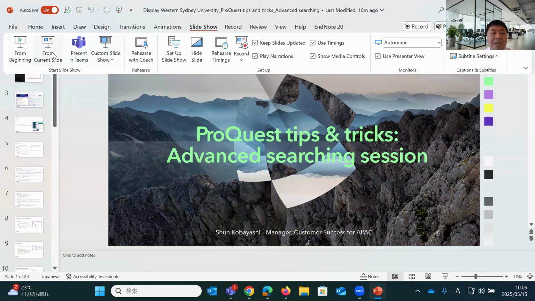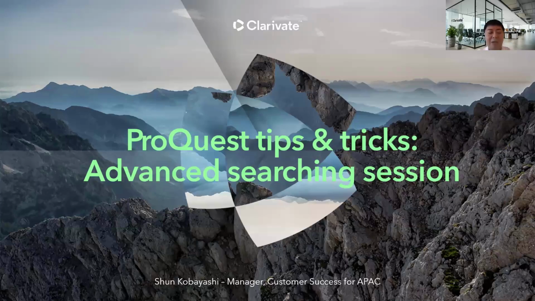Okie dokie. So today is about ProQuest. You have a great number of electronic resources available for you as a student, as a faculty, as a librarian, as a staff. ProQuest is just one of them. However, it is also a pretty large collection of contents. So I hope this will be one of the go-to databases when you begin your research or learning, because we believe it has a lot of useful contents for you.